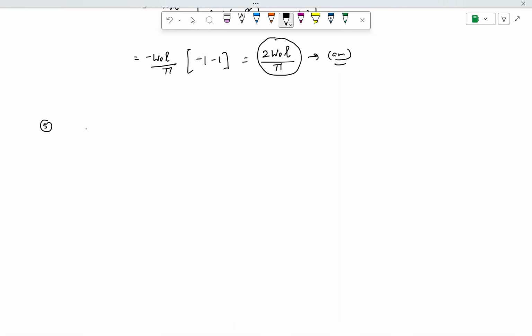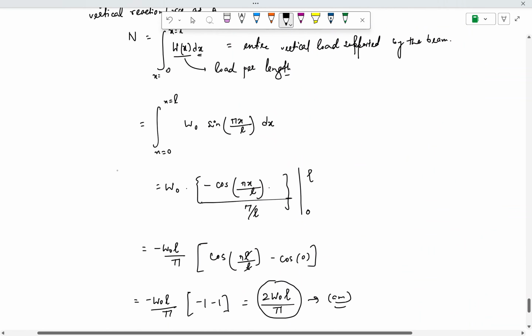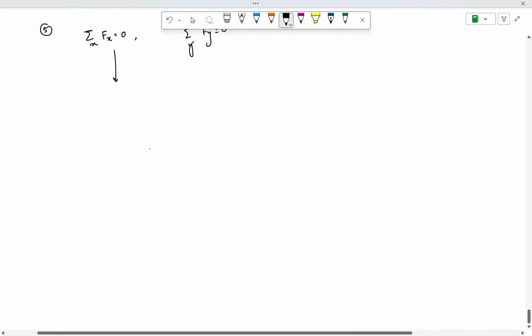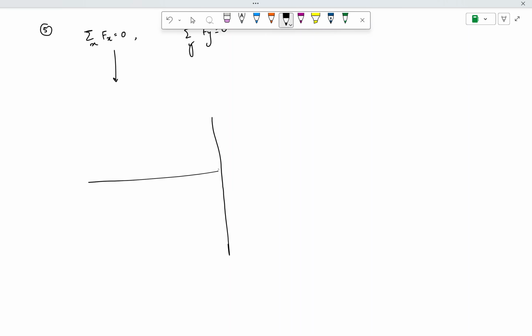So question number 5 is that the force and torque balance says that the net x component of force is 0 and net y component of force is also 0. First, let us deal with what is the net x component of force. Now, let's say I draw the diagram here overall in a rough manner, because you always have to draw a free body diagram for this kind of problems. So this was your beam.